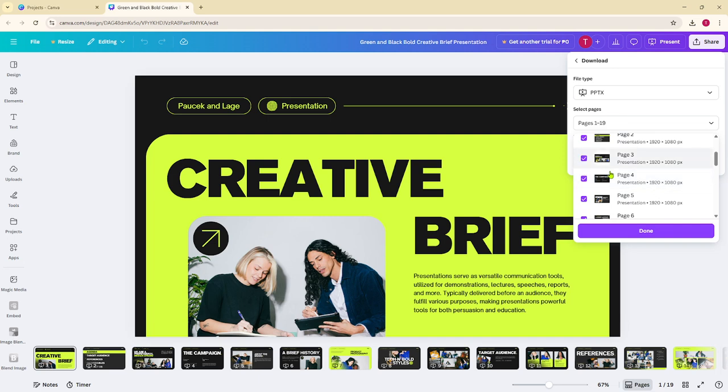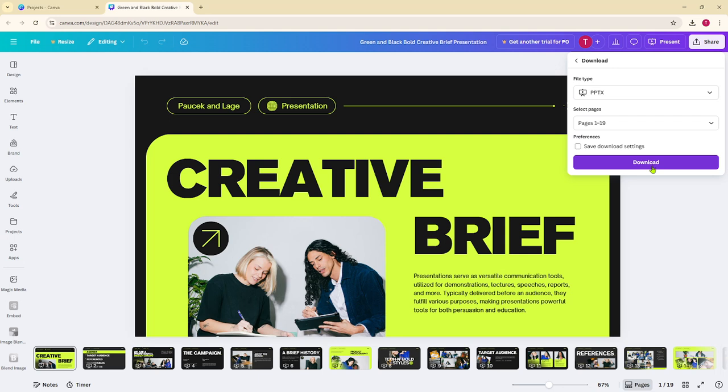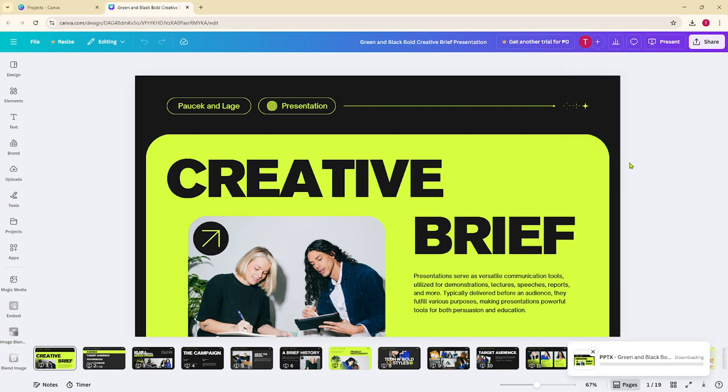parts of it. Once you've selected your desired file type and the pages you want to export, direct your attention to the next big action, which is simply hitting that purple download button. Clicking this will initiate the download process, converting your Canva presentation into a PowerPoint file and saving it to your device. With these steps, you now have your Canva presentation safely saved as a PowerPoint file, ready for your next